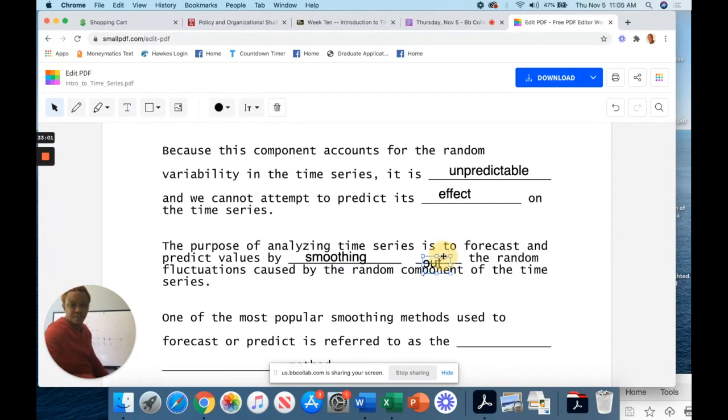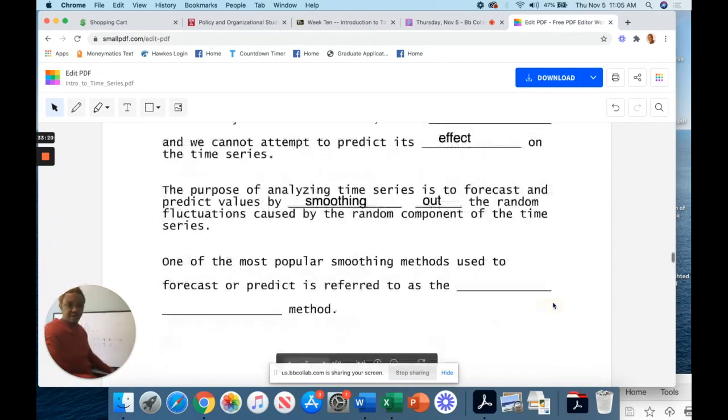There's a mathematical technique we can use to reduce the impact of these random points. It's almost like white noise, a whole bunch of noise. I need to get past the noise so I can figure out what the trend is, upward or downward. And so we're going to use a method called the